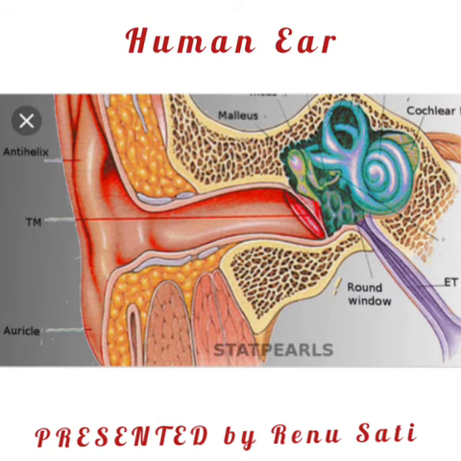The fluid-filled inner ear called labyrinth consists of two parts, the bony and the membranous labyrinths. The bony labyrinth is a series of channels. Inside these channels lies the membranous labyrinth, which is surrounded by a fluid called perilymph. The membranous labyrinth is filled with the fluid called endolymph. The coiled portion of the labyrinth is called cochlea.